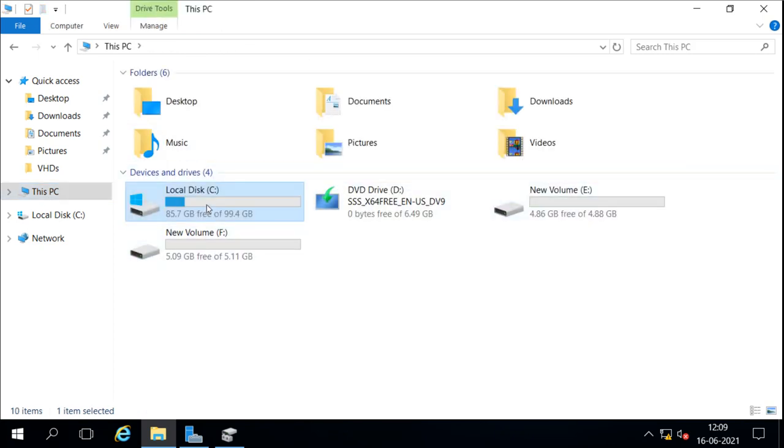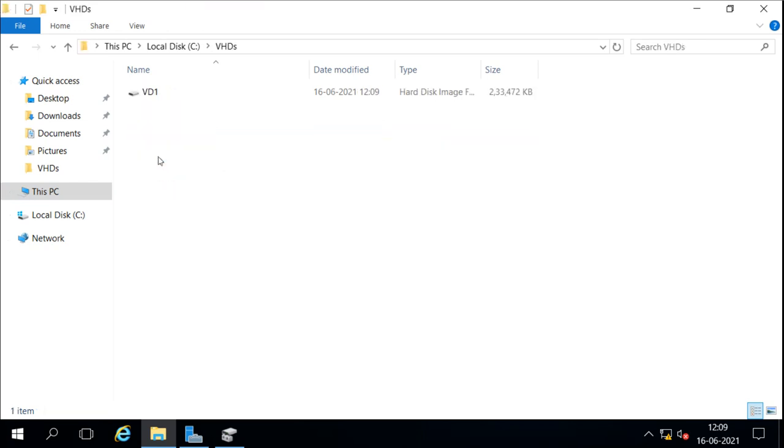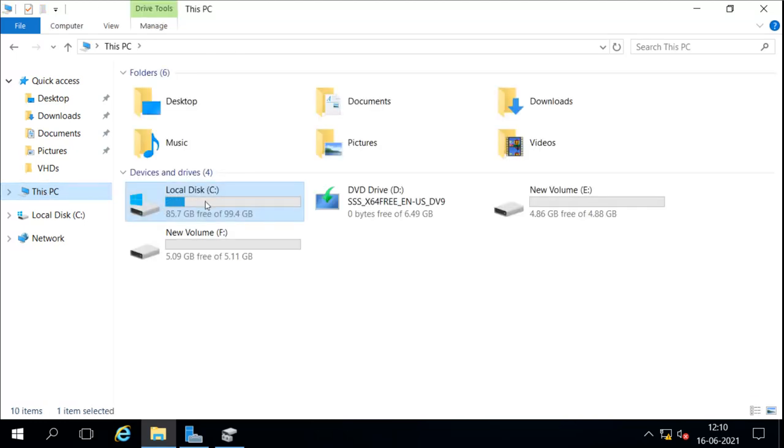Now we can use this virtual disk to create a virtual machine also. That means we can create the virtual machine and attach this virtual disk to it, or we can use this virtual disk for the real machine. And we can also use this virtual disk to install the operating system, and we can boot our machine from that operating system.